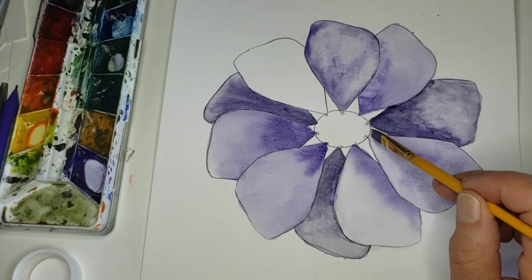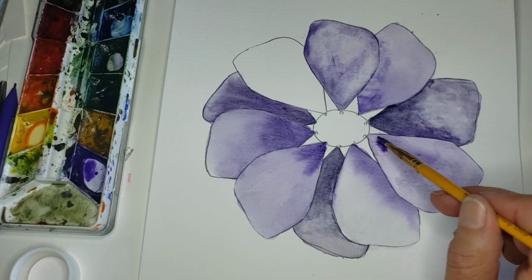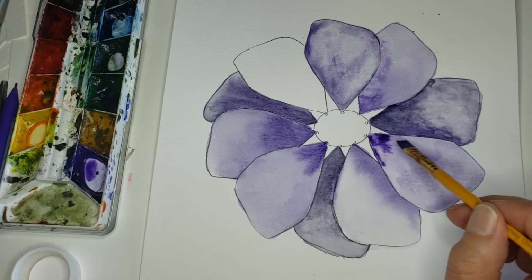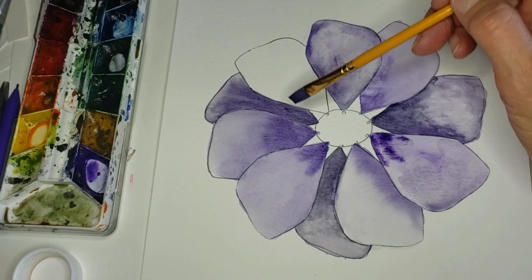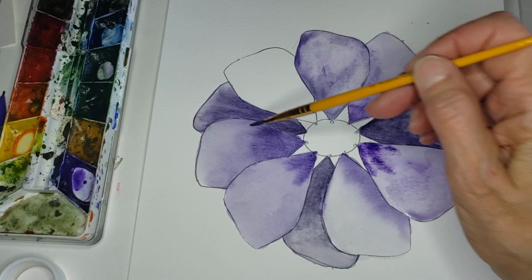And then make sure this is wet because I want to drip that darker color in the middle and then let it spread just a little bit out. So that'll just spread on its own. Over here, I'll do the same over here, but here,